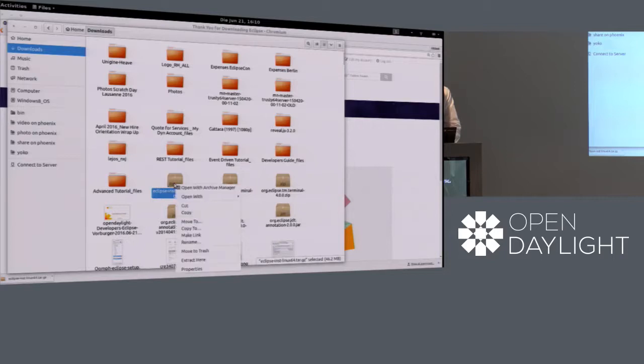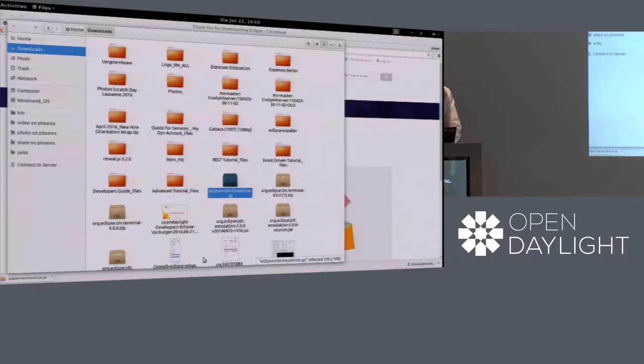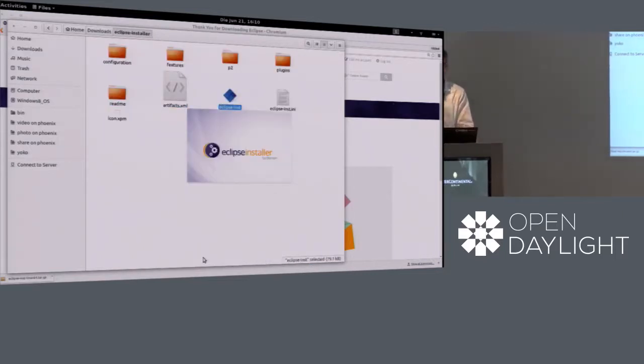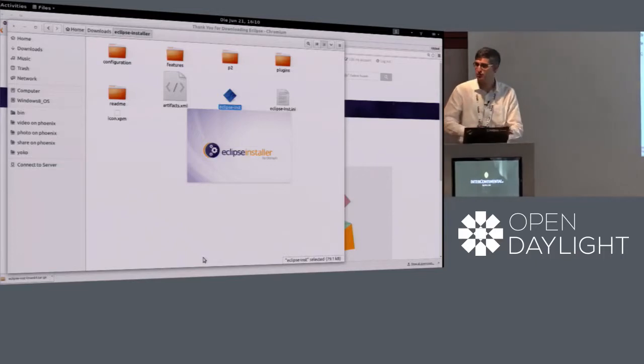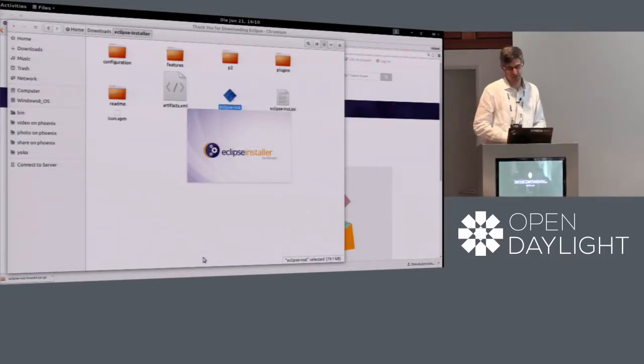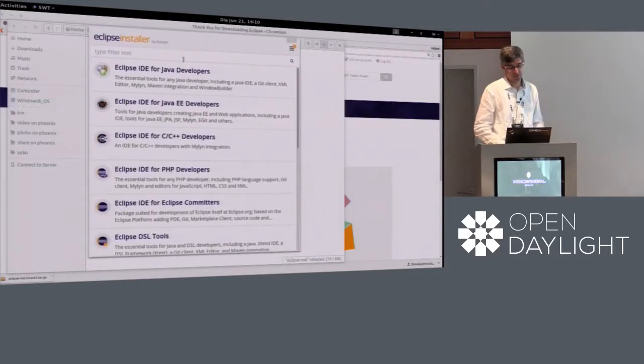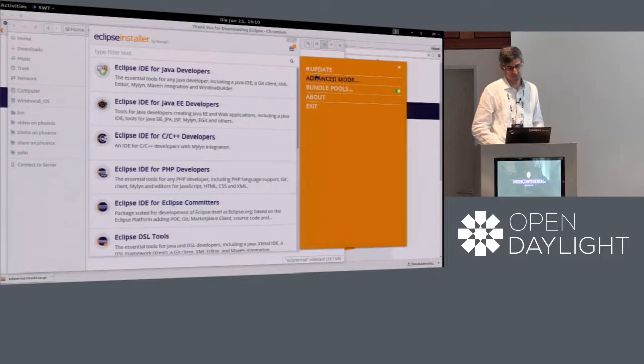Let me open my downloads folder. All right, so I unzip this thing that's been downloaded here. Boom, it's here. I start this installer. So this is live. I haven't actually downloaded this before or prepared this in any way. You can try this at home. And you get this Eclipse installer, what was on the slide before. And what you can do here is go to the advanced mode. So if you go over here,